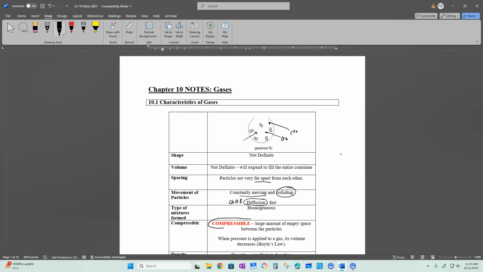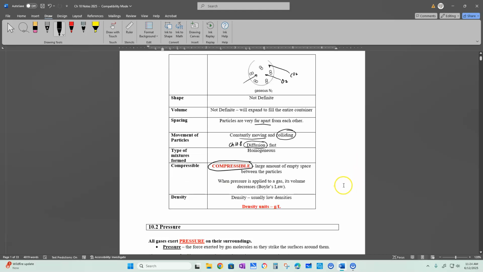Compressible. Out of the three states of matter, gases are the only ones that are compressible, and the reason you know that is balloons. They have huge empty spaces between them, and when you bring these particles closer together, you can compress them. You can't do that with solids and liquids. You just get a mess. So we know gases are compressible because we can put pressure on them to bring them closer together. We're going to analyze that when we get to the very first gas law in the next video, Boyle's